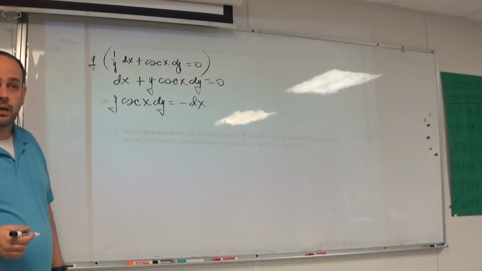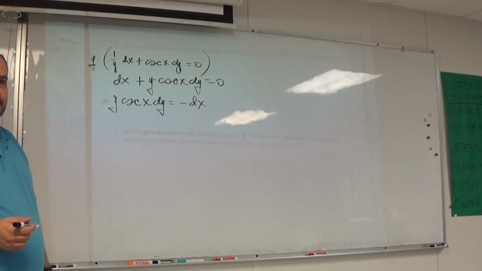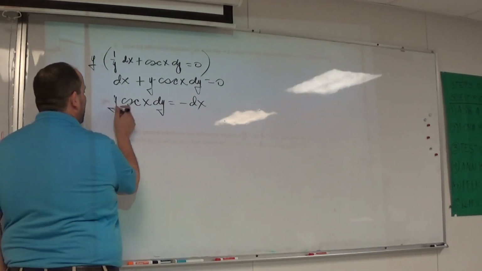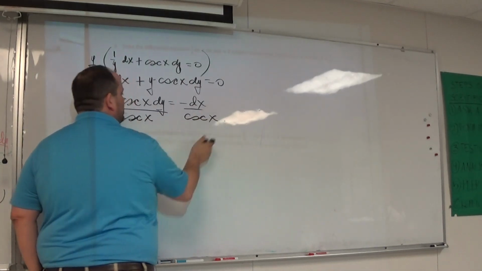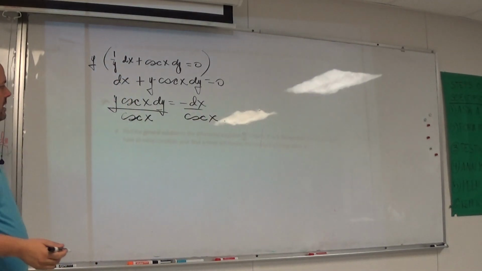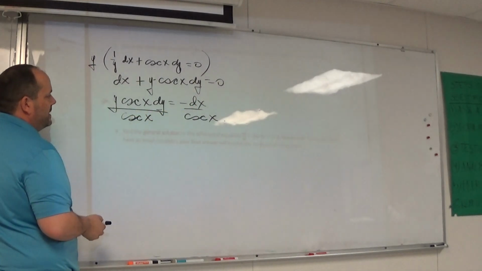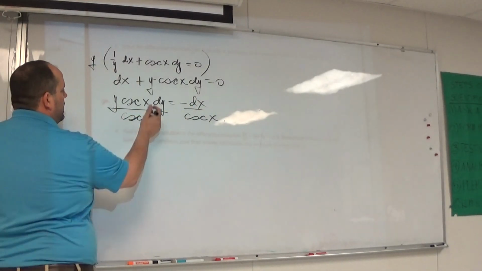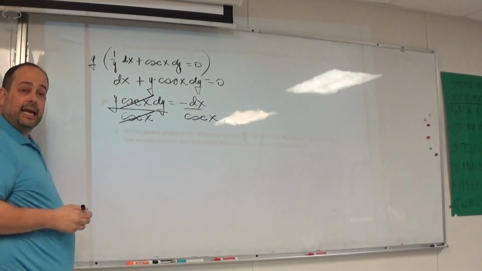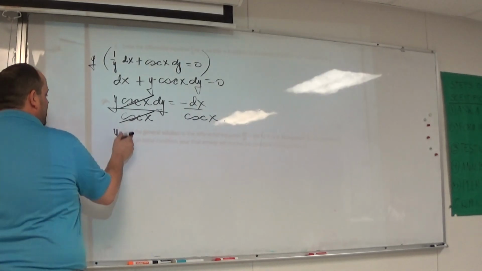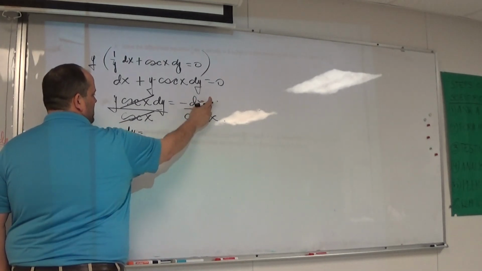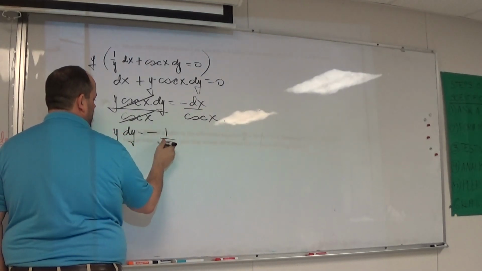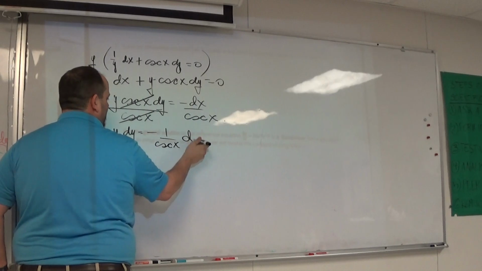Andy? Divide by cosecant, I completely agree. Now that's scary, I think, for a lot of us. Dividing by cosecant? But Andy, why did you decide to divide by cosecant? Because these guys over here are going to cancel out, and what you're left with is y times dy. Instead of negative dx over cosecant of x, I hope everybody's okay, I'm going to write negative 1 over cosecant of x